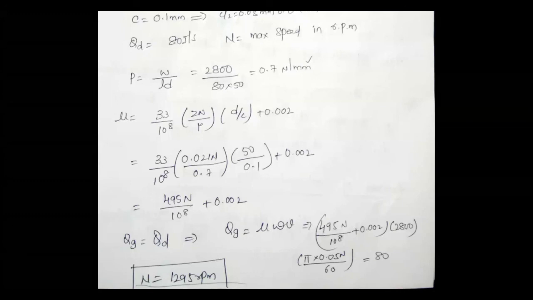Suppose in a given problem, the same problem, they ask for the oil film thickness. Then you have to understand the symbol of oil film thickness. Minimum oil film thickness is H0. Already I mentioned the formula for H0. Please substitute those formulas and you will get the answer. Otherwise, you can go to the data book.